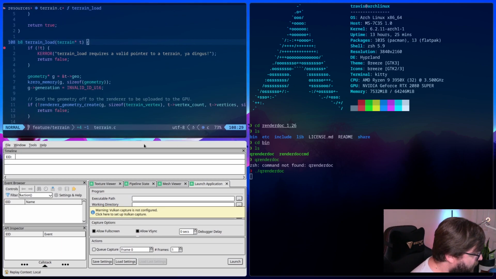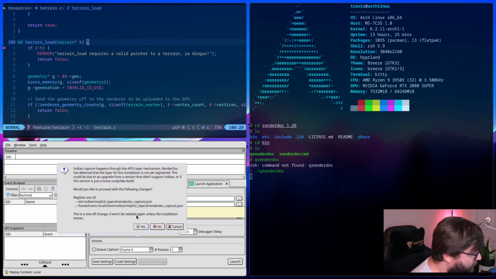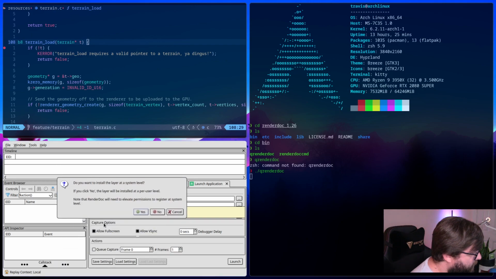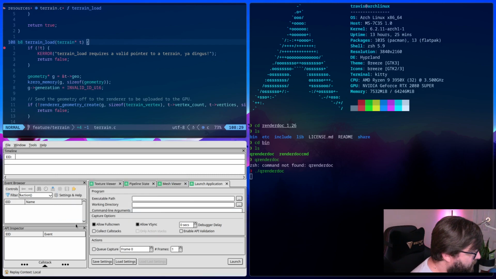So here we go. Vulkan capture is not configured. Implicit layer. Yes. Do you want to install the layer at a system level? No. I'll do it at the user level.